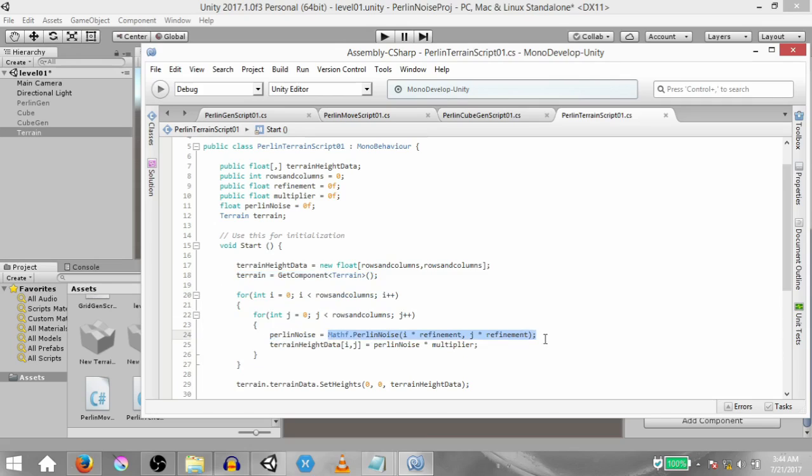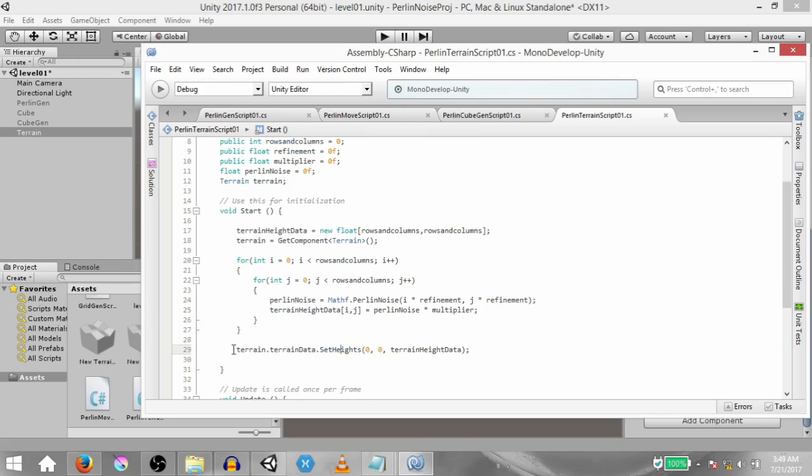I'm not going to explain this part because you already know this from the previous example, and whatever value is generated, we are storing that value in the Perlin noise variable. Then we multiply that Perlin noise value with multiplier and store the result into this cell of our multidimensional array. Finally, we call